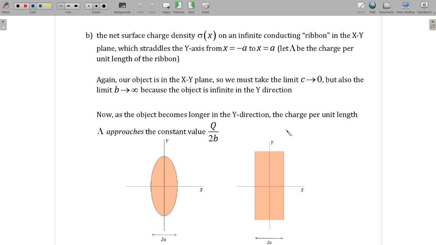we also have to make a change to the total charge on the body, because in the initial formula for the ellipsoid, the total charge on the ellipsoid is given as q. Of course, the total charge on the ellipsoid is a finite charge. But if the ribbon is infinitely large and there is a finite surface charge density, the surface charge per unit area is a finite thing, then the total charge would become infinite, and therefore the total charge has to be gotten rid of, and it has to be replaced now with a new quantity which we are given, which is lambda. So here we are given this capital lambda, and this is the total charge per unit length of the ribbon. So what do we mean by that is that